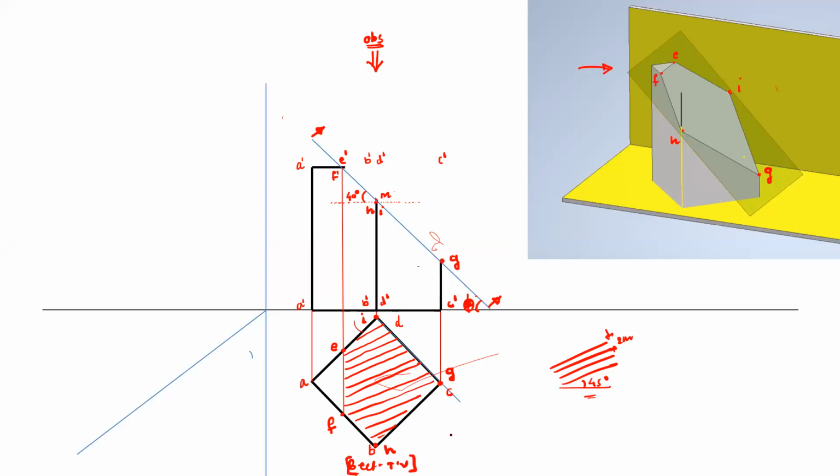Now the next part is we have to draw the sectional side view. For the front view, this is the observer. For the top view, this is the observer. For the side view, the observer will be standing on the right side of the prism. Therefore, we will draw the right hand side view by using the first angle projection method. The right hand side view will be drawn at the left side of the front view. So this is called the first angle projection. Try to observe from this direction.